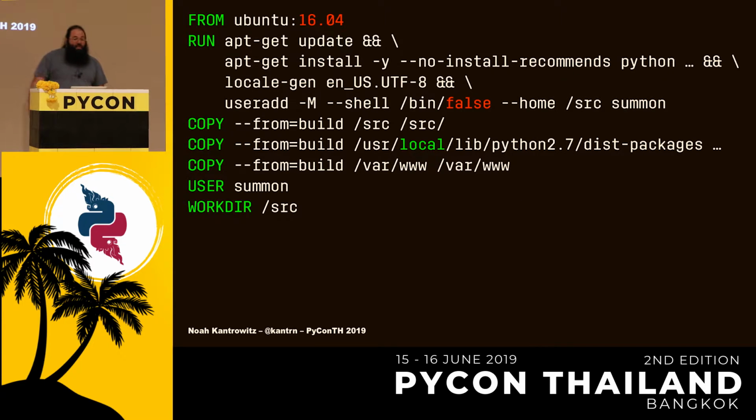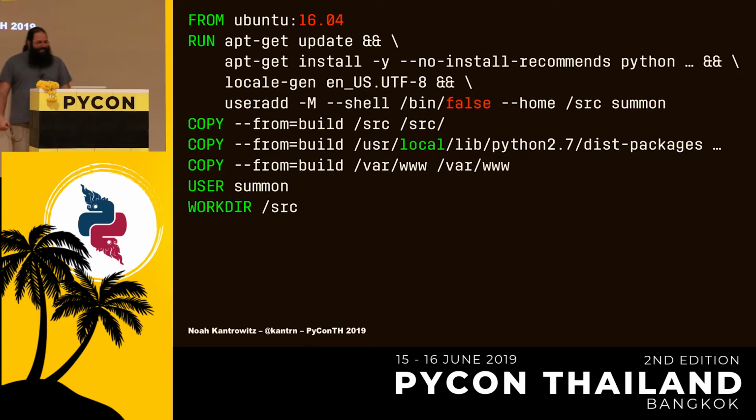So after the build phase, we set up the smaller runtime image, and we copy over just the needed files. It also sets up a non-root user to run your application as. A lot of people forget to add this when they're containerizing applications. Running as root inside a container is not as dangerous as running as root outside a container, but it's still